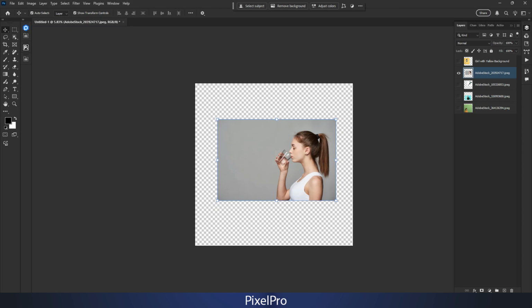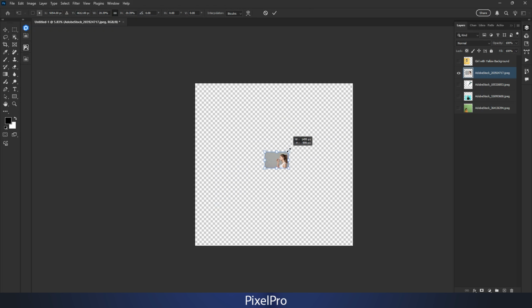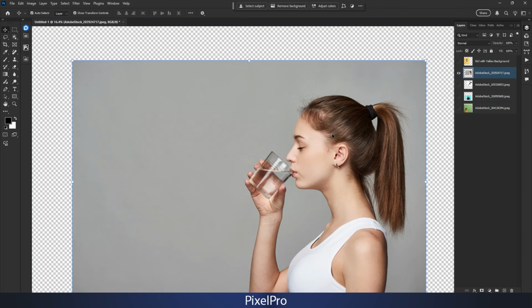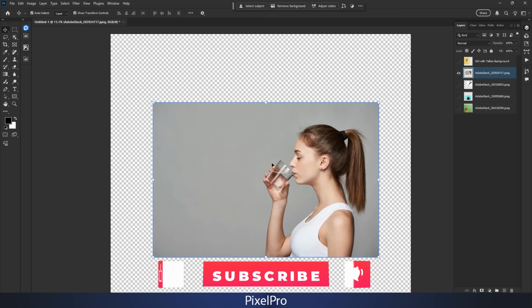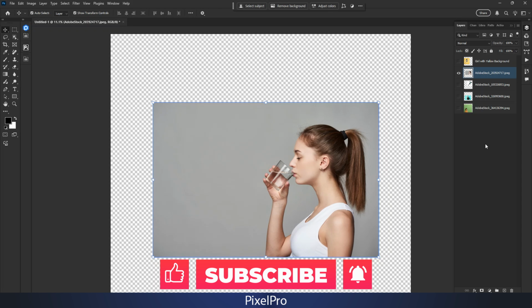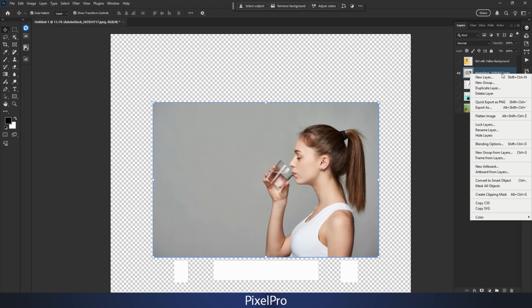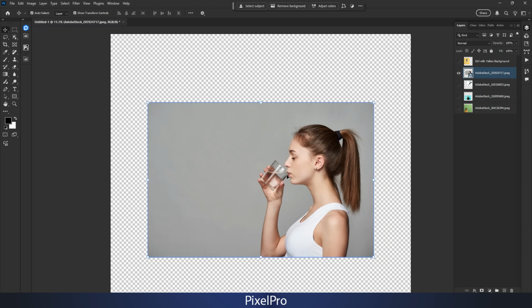If you scale down a regular pixel layer and then try to scale it back up, it looks blurry and pixelated because Photoshop throws away data. But if you convert it to a smart object first, just right click on the layer, choose convert to smart object. You can scale it down